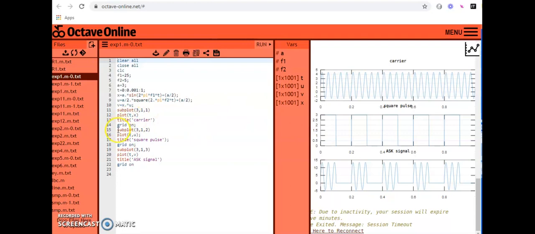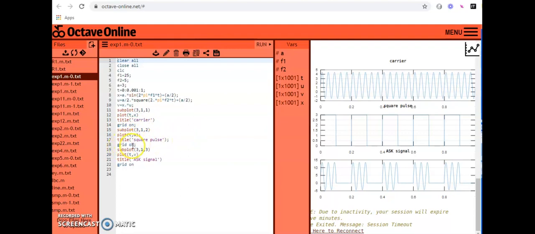Now the second thing is to display your modulating signal, which is your information signal, the square wave. So I am using subplot 3, 1, 2. Can you see this? The last number is incrementing, and the remaining x and y remain the same. So this will now be in the second window, meaning you have 3 rows, 1 column. In the second window you display your information signal, the square wave. I am using the plot command t comma u, which displays the square pattern, and I give the title, square pulse.